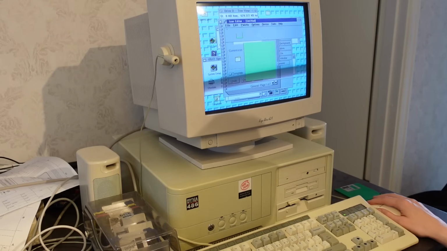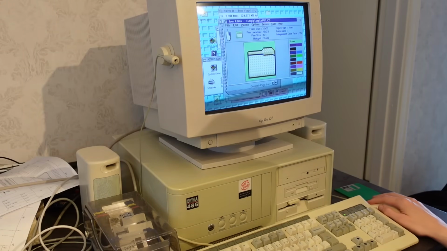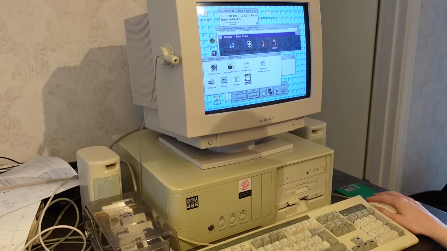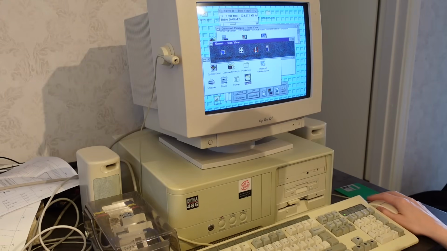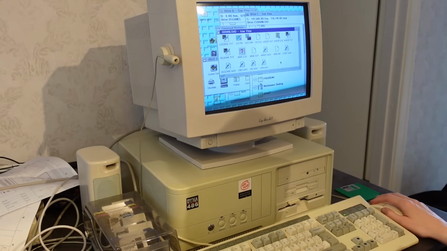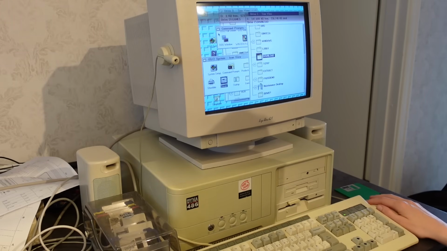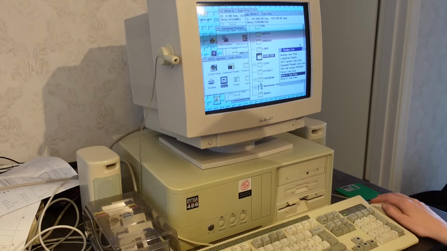Just like with the desktop, you can customize folders too. Not just its icon, but also the background. While the panel at the bottom of the screen has a button for opening the window list, it's still more convenient to use Ctrl Escape to bring it up, like in Windows 3. The little panel thing gets buried under all of your windows, and it's too big for you to even want it to stay on top.